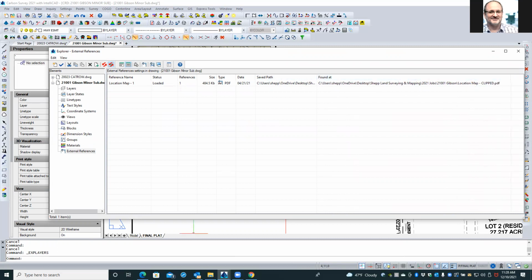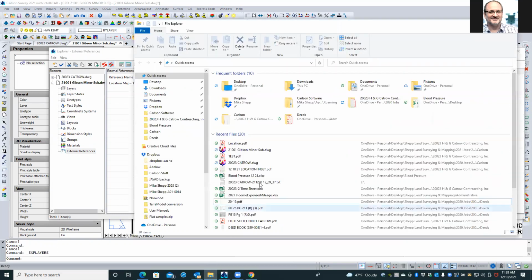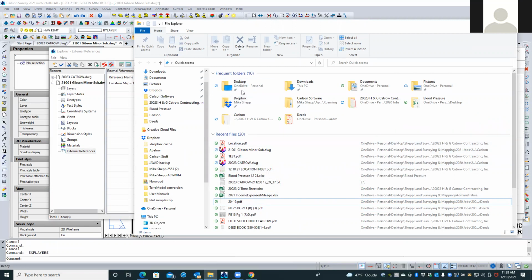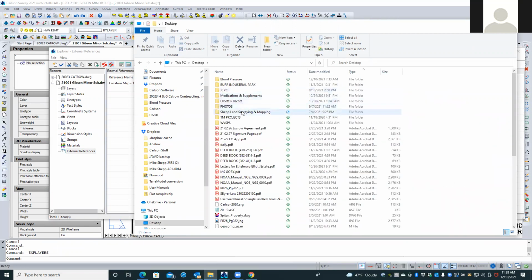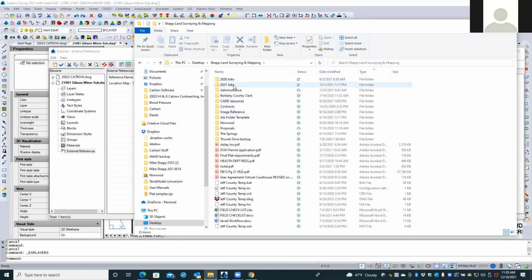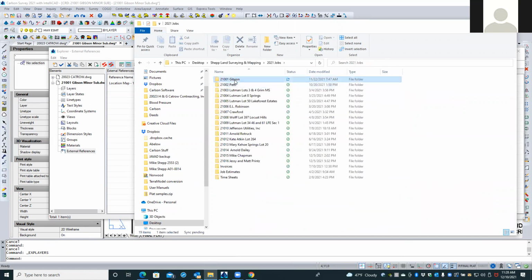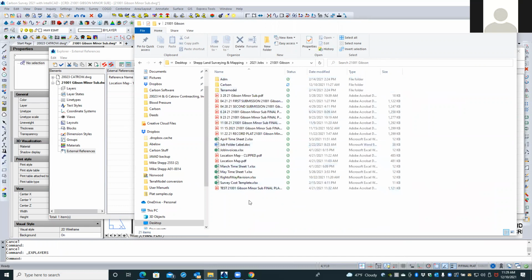Location map clipped, which is, where is there? It's in the file. It's in the job file. Here, let me find it. Yep. Location map clipped. There you go. So if we look at that,